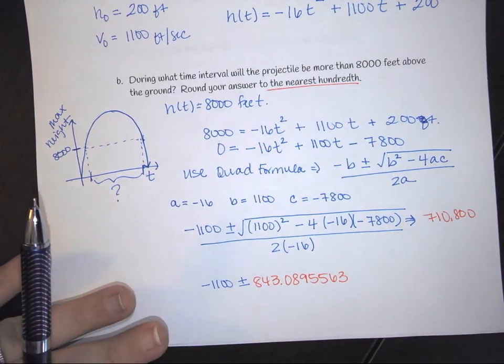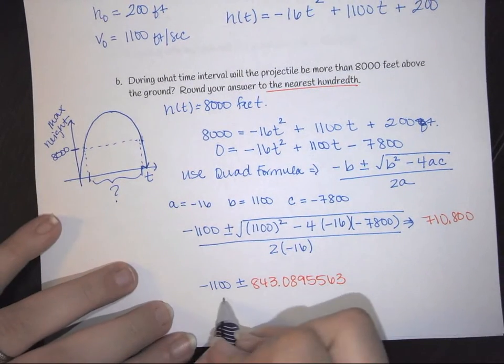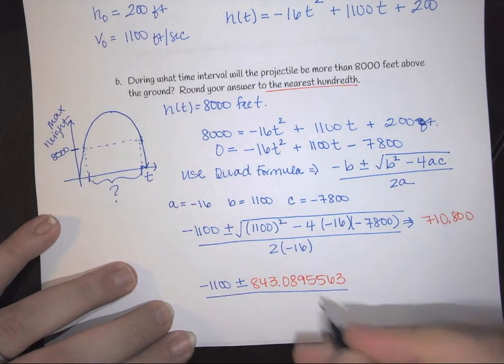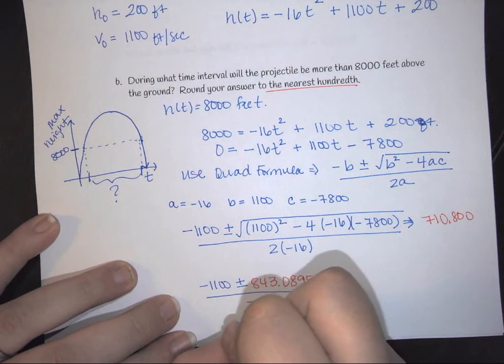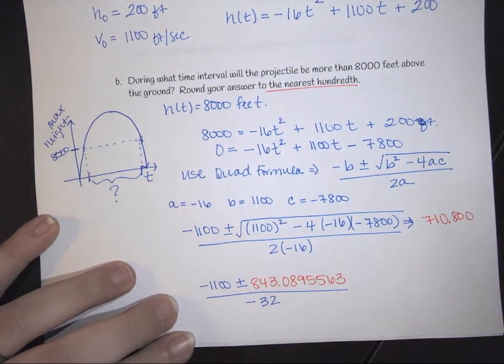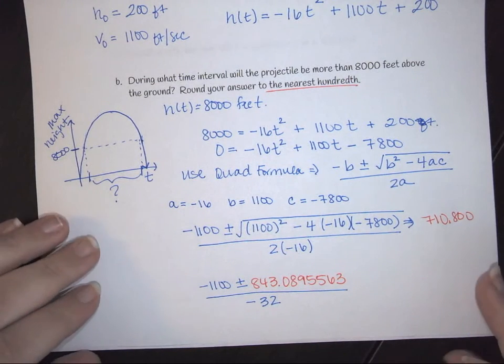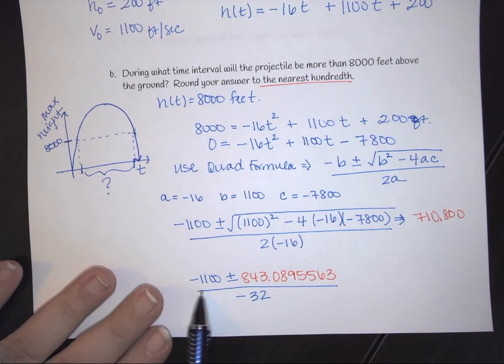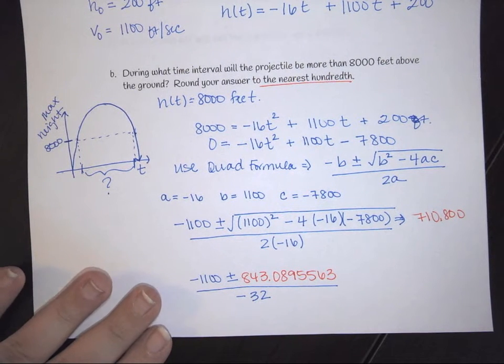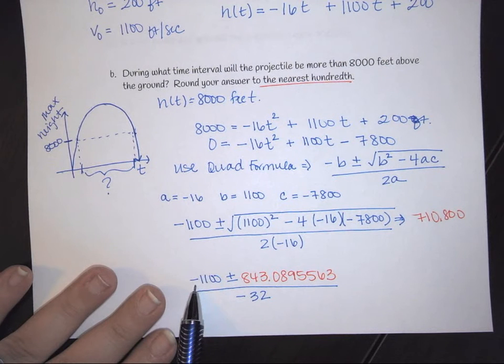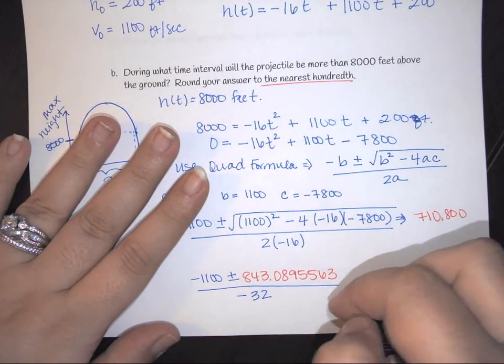And if I were you, I would make sure and use as much of the decimal as you can, because remember, the earlier you round, the more it changes your problem. So when we reduce this, we're going to have to do negative 1100 plus my 843, divide that by 32, and then we're going to have to do negative 1100 minus my 843, divide that, and here you should get